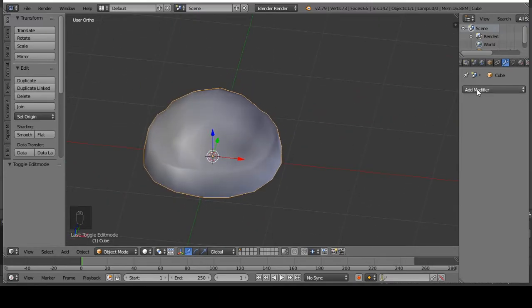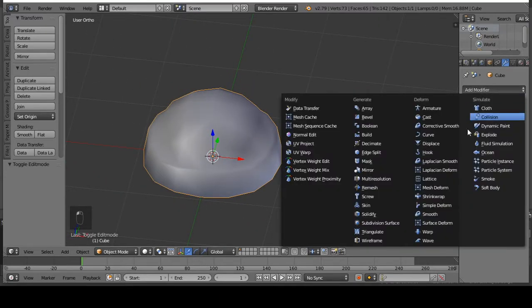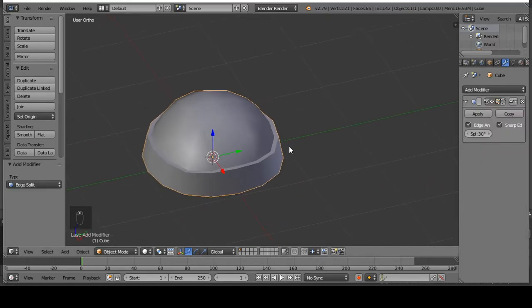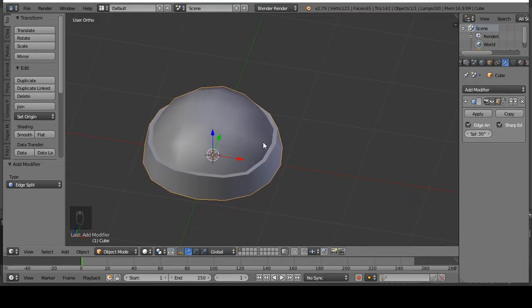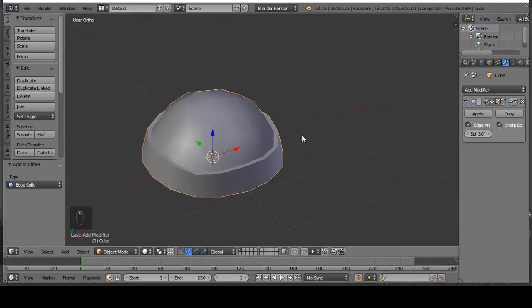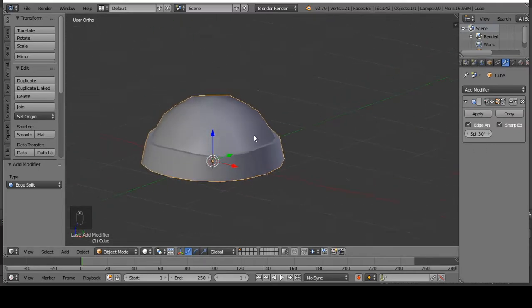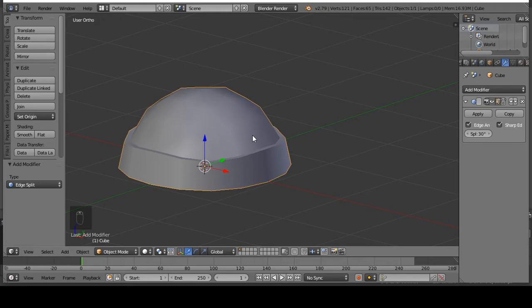Now the way to do this is by going to Add Modifier and then use Edge Split. As you can see right now, you have a clear split between your folding flaps and your beanie. So this really works well, but in some cases it removes some of the smoothness in your models,